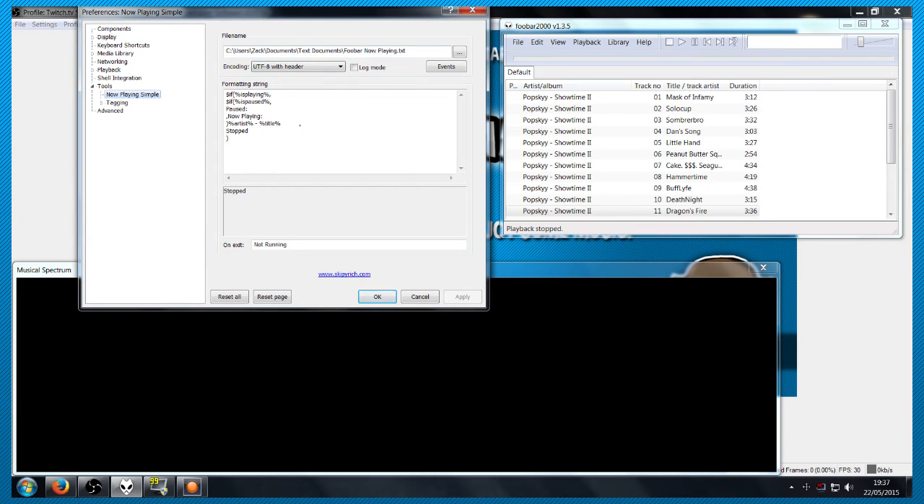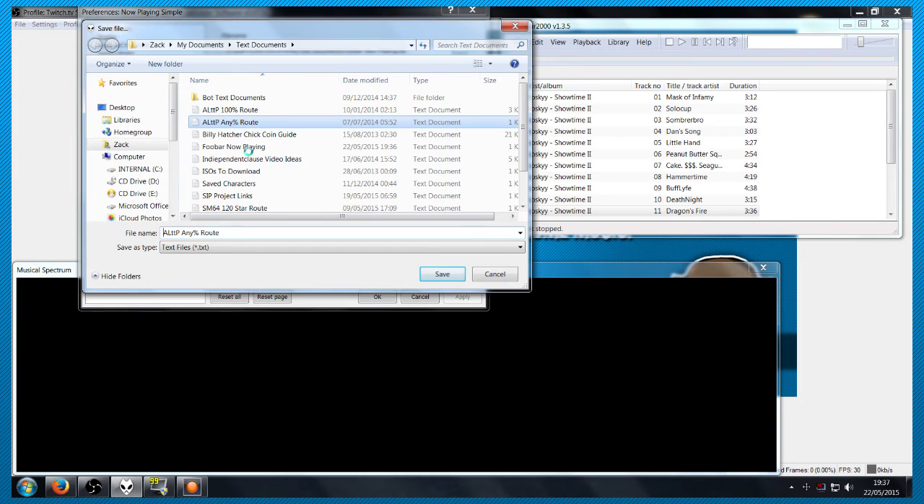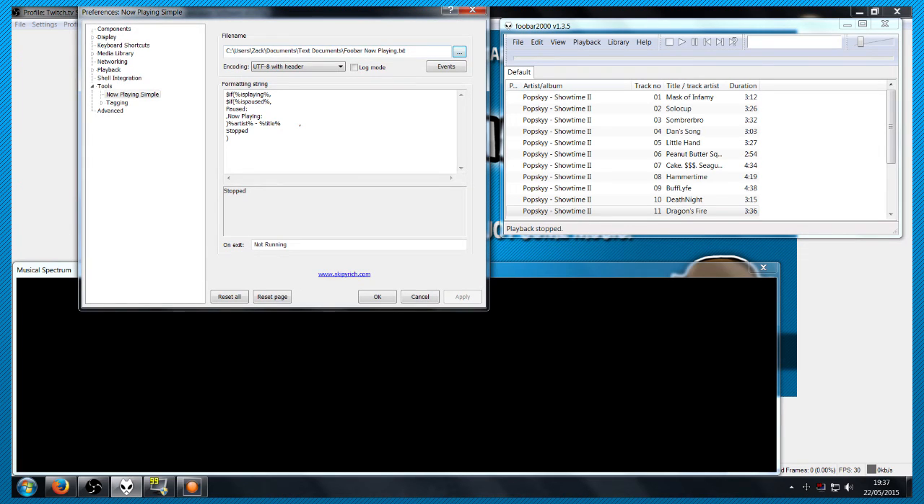And then up here, in the file name, find that file. So as you can see, mine is Foobar Now Playing right there. That's what I have it saved as, and that's what I have it loaded as. And the reason you want it to be blank is because Foobar is going to be writing to this notepad document